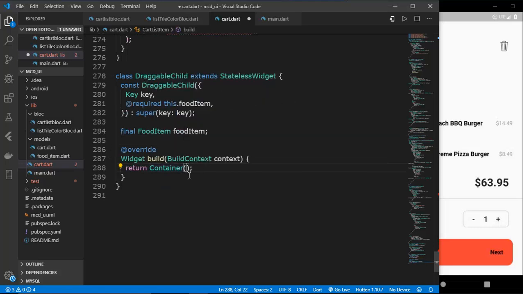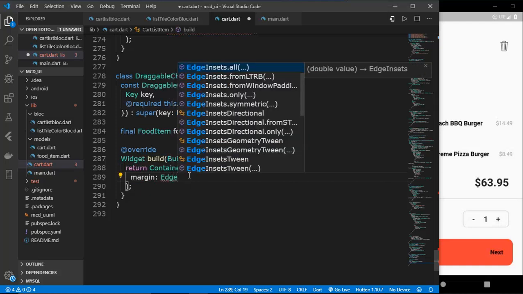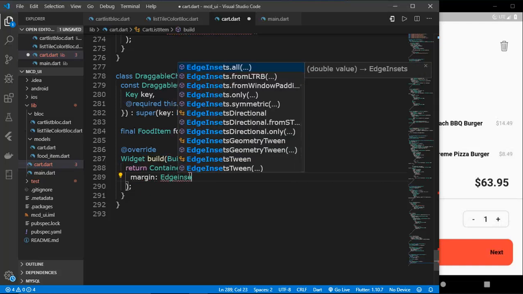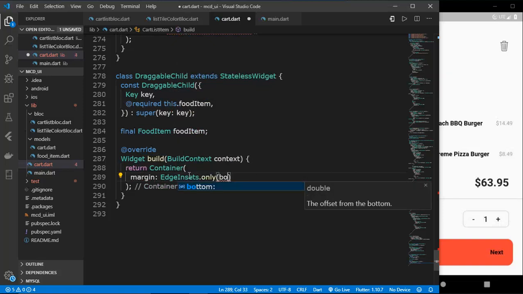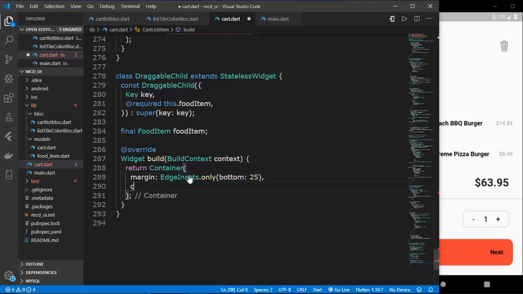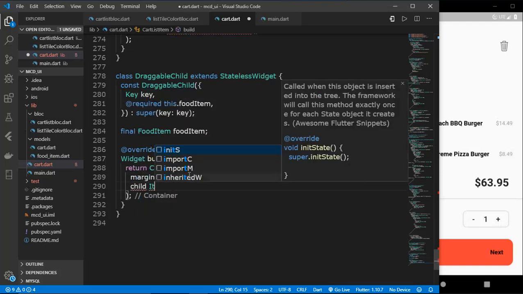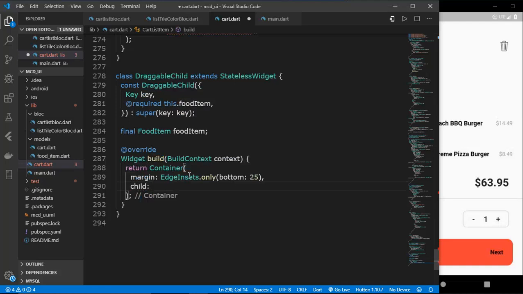Now it is going to return this draggable child, which returns a container, and inside this container we'll need a margin. The margin would be EdgeInsets.only, and let's give it say 25. And then we'll need a child, and the child would be an